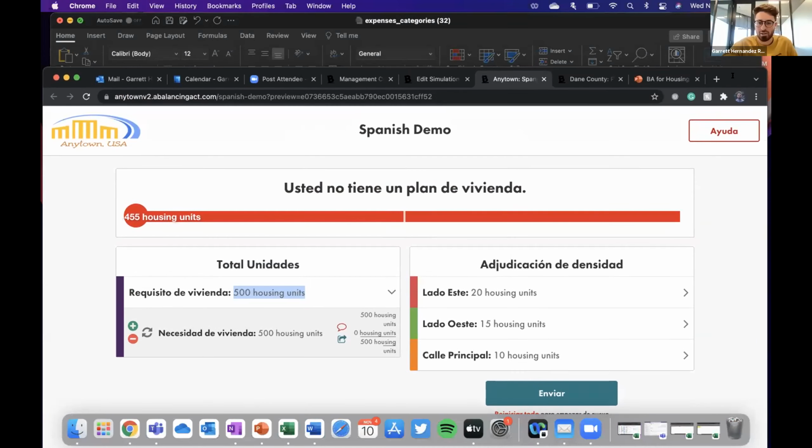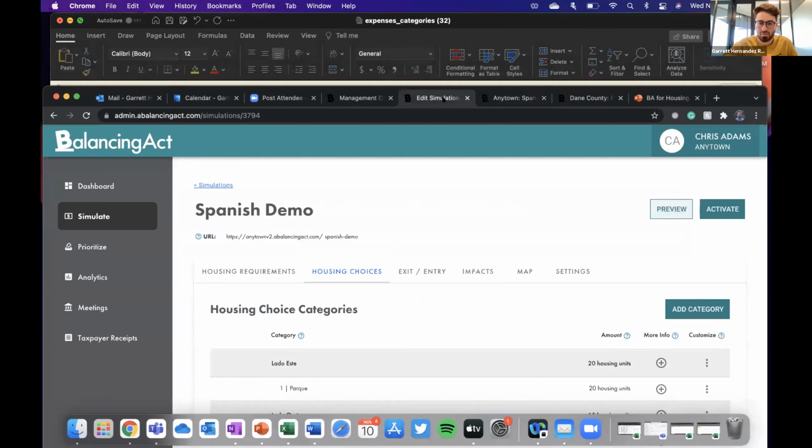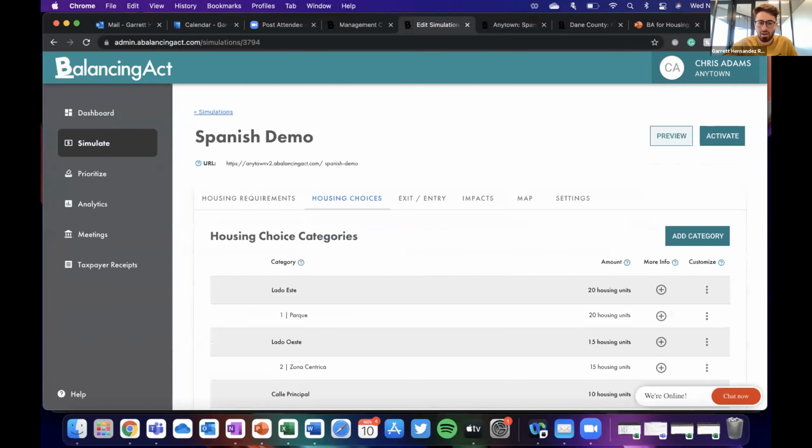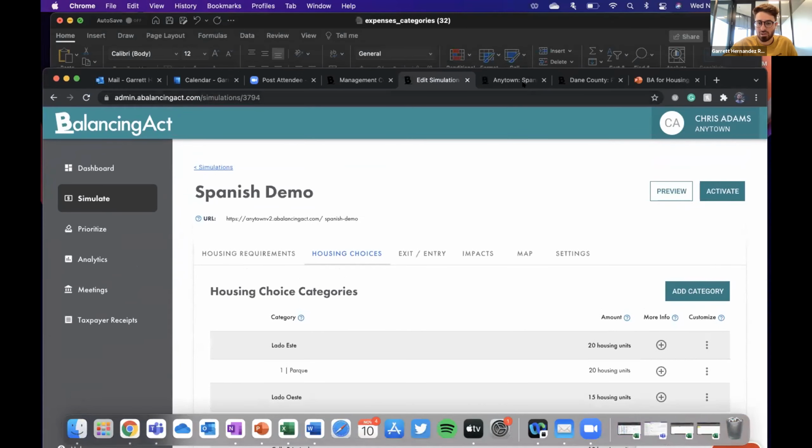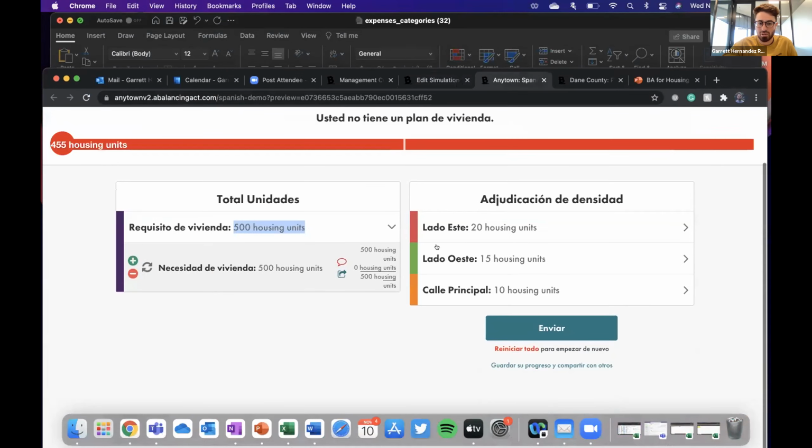Garrett, are you going to cover the custom strings as well? The custom text from the settings tab, or is that at a future date? I can, yeah. So let me go into that. I'm going to share my screen again. And again, I'm looking at my Spanish translations. And here's my Spanish demo. So if I want to change the language of here, which is total units,